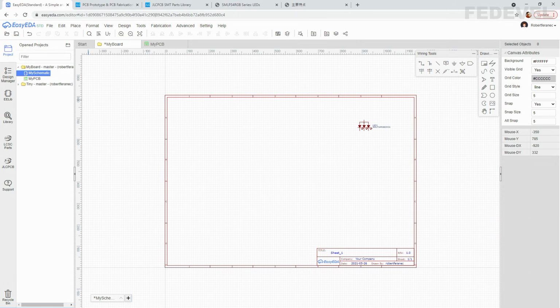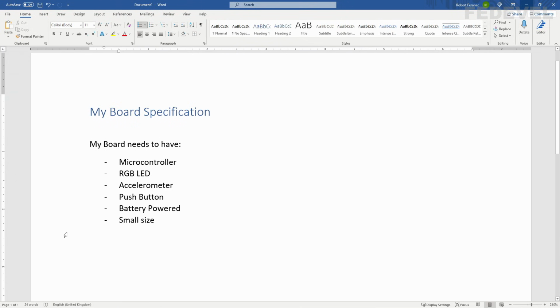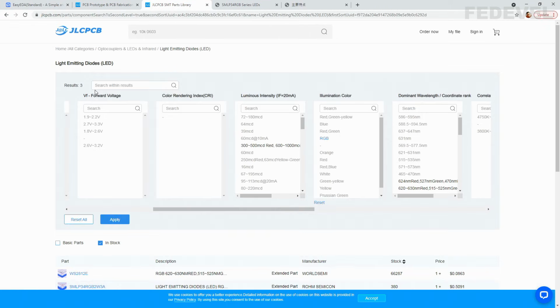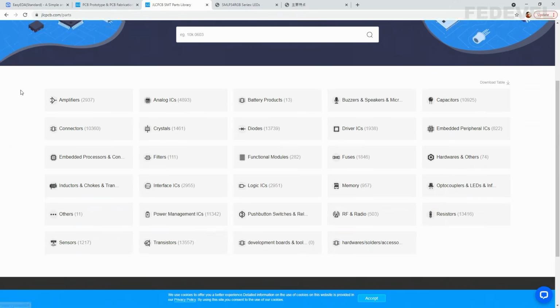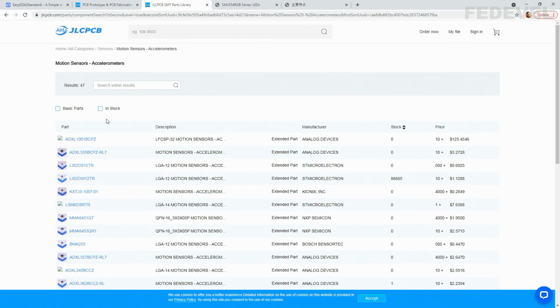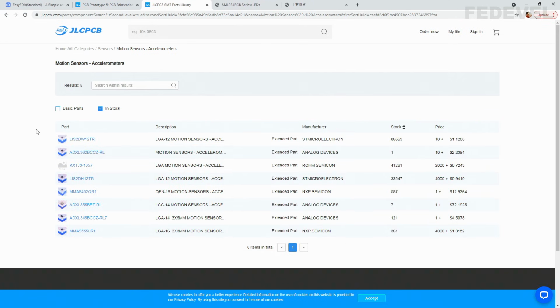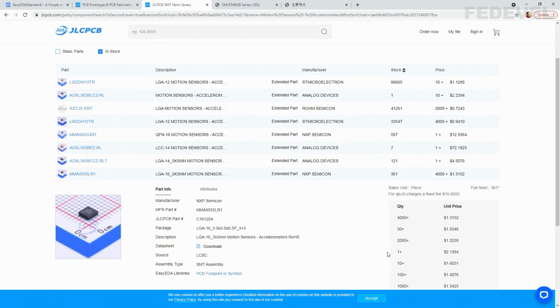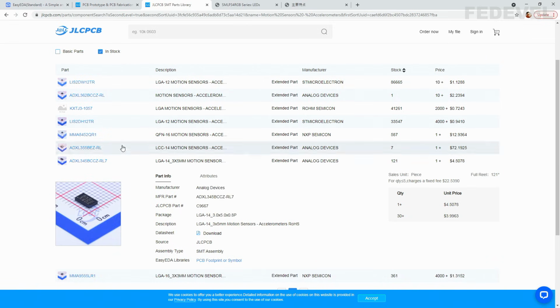I'm going to open our specification again, and the next component we would like to place into our schematic is an accelerometer. Let's go back to SMT parts library, click on all categories, and in sensors, motion sensors, accelerometers, check in stock only components, and there are not so many. We would like to use maybe the cheapest one, so I'm going to have a look at the price for one piece. It is $2.1 for this one, 4.5,